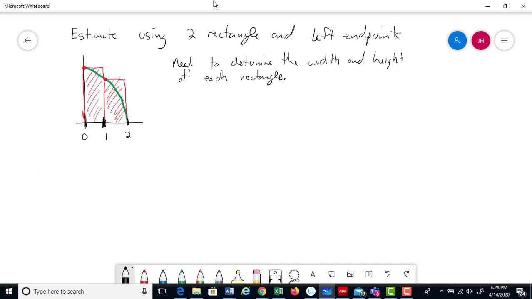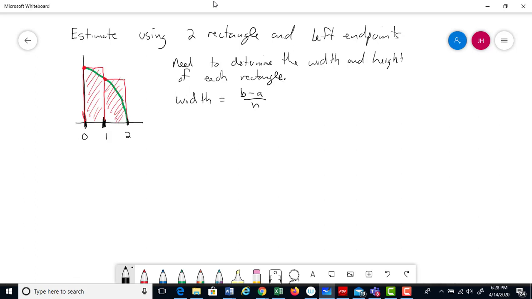All right, so how do we find the width? Let's start there. It's not necessary that we make the width always the same. I could use a really wide box here and a really small box here. But to make this easier, we're always just going to make the width exactly the same. So the way you're going to find the width is with a formula. It's b minus a over n,